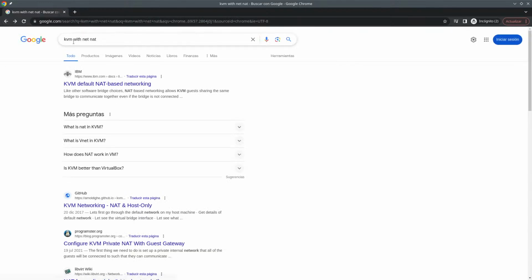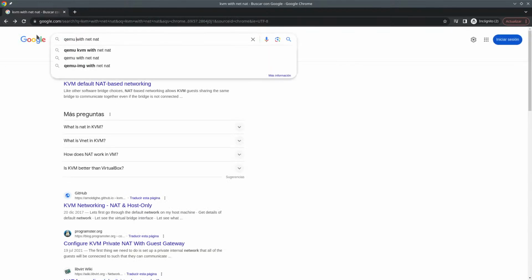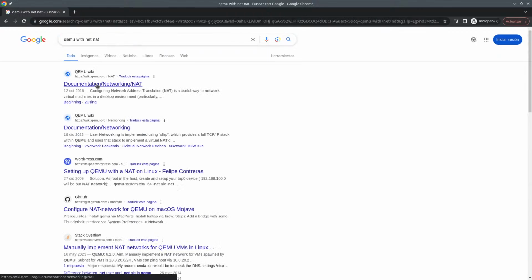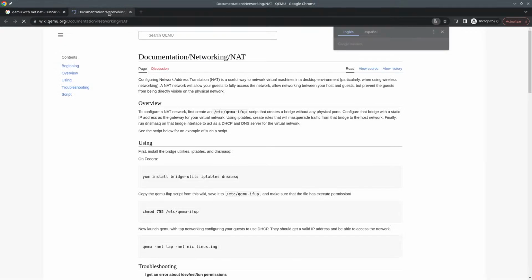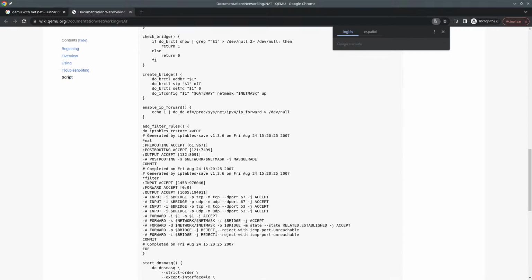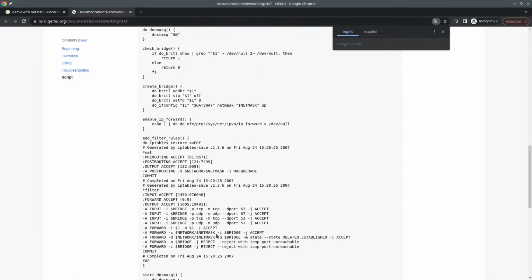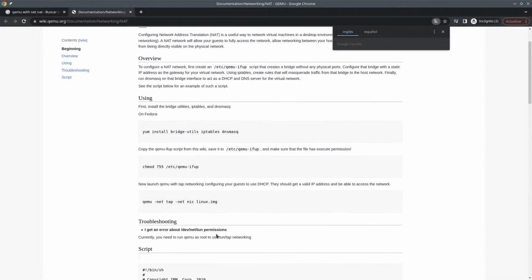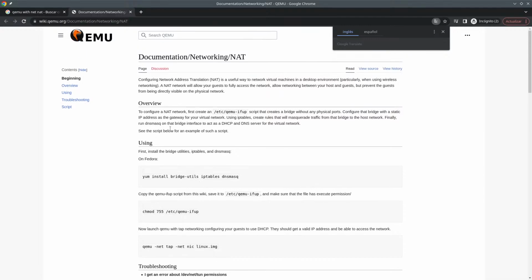Okay, QEMU. Maybe we're going to have better examples on how to do this. Yeah, but I don't want to have a bridge. Net tap, net nick. Not network.